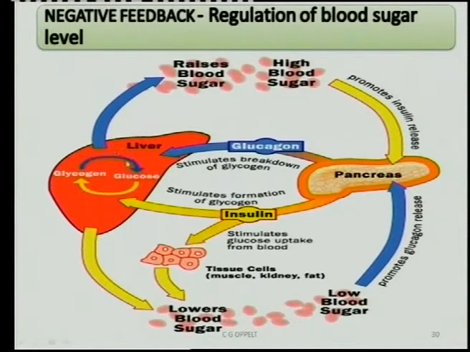Now when it becomes too low, and your body uses up sugar all the time, what happens when it is too low? Then, of course, remember we said the glucose is stored in the form of glycogen in the liver and the muscle cells. So this glycogen must be converted back into glucose. You see, glycogen back into glucose, and it raises the blood sugar level. And what makes sure that glycogen is turned back into glucose?